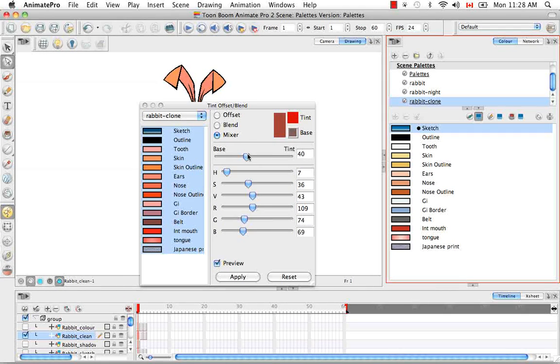Between the tint and the base, you make a color in between, and you can choose whether it's more towards the tint or more towards the base along the scale. Change the values of either the tint or the base depending on which one's selected, and get a very nice variety mix. If you apply this, obviously you now have this color palette